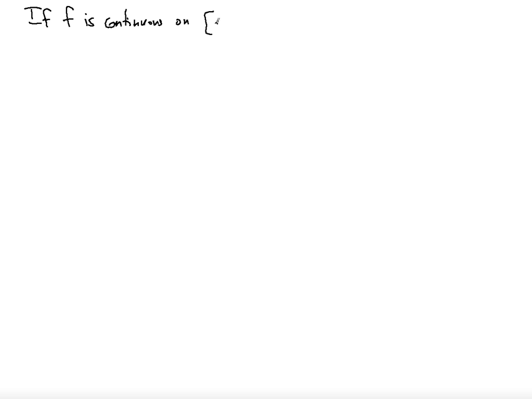on the interval from a to b, then there is a number c, which is inside the interval from a to b. And notice that c is not going to be equal to a or b, right? That's why it's an open interval, such that